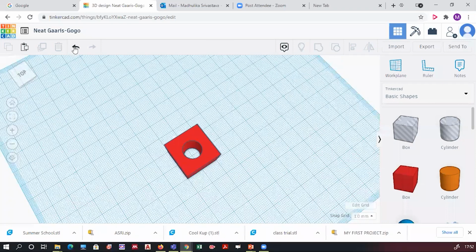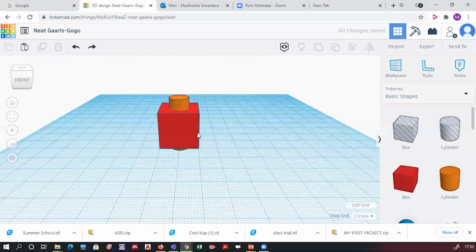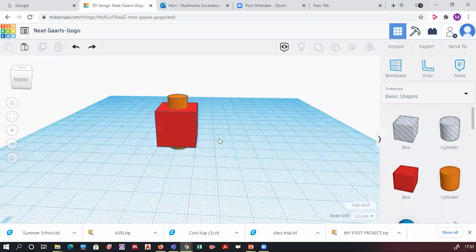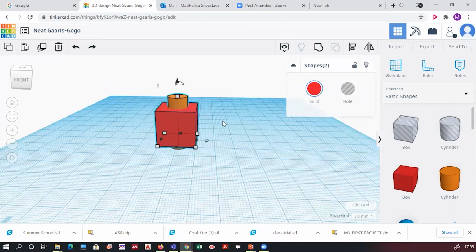Okay, from the solid cylinder I'm coming. This was the solid cylinder where I've inserted it. Now I will select both the objects once again. For that, I will click the left button and drag to cover the object. After selecting both the objects, I will click the third option called group.